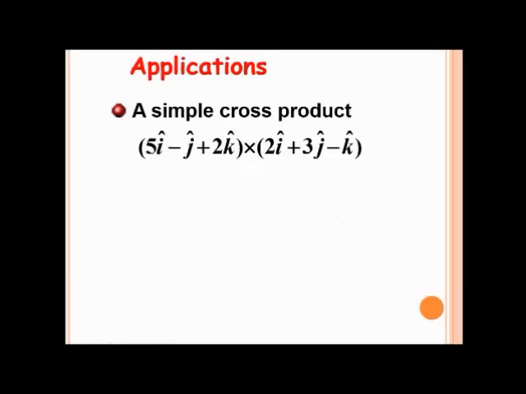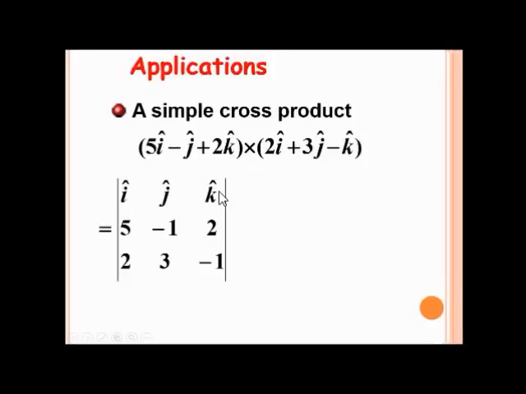Now we will calculate a simple cross product. These are the two vectors A and B. Just consider we have to calculate the cross product. I suggest you get a piece of paper and pen and go along with this. If you find the answers similar, then you are correct. You can proceed. So let us start.